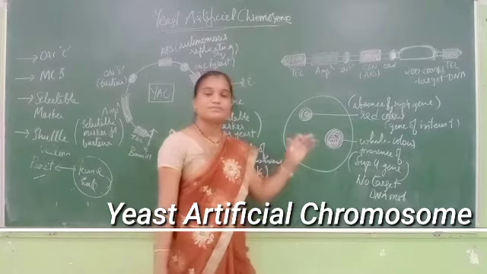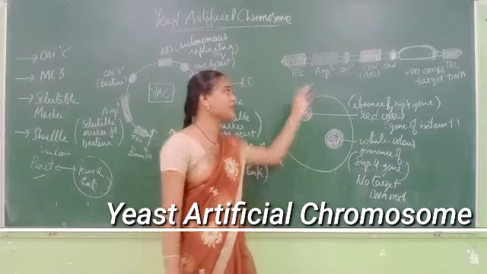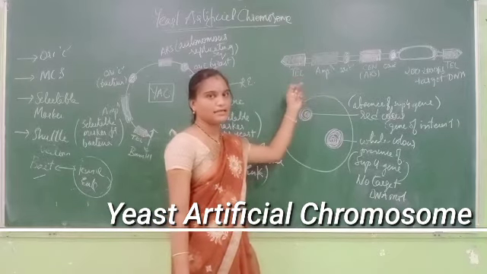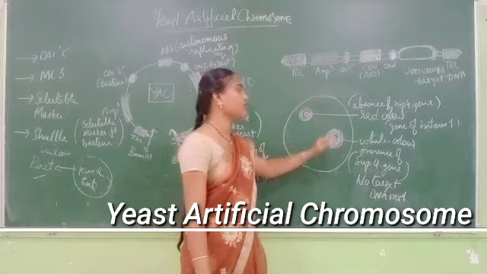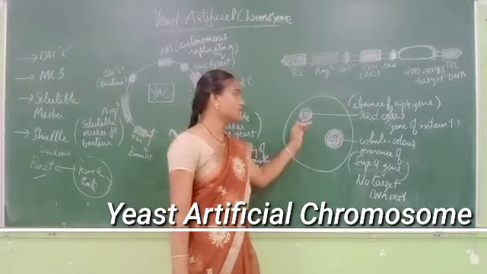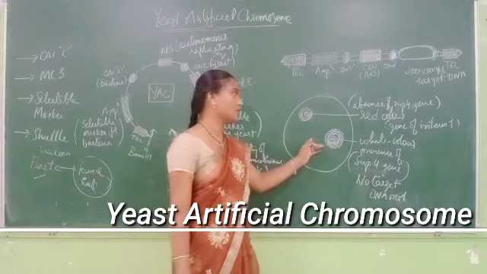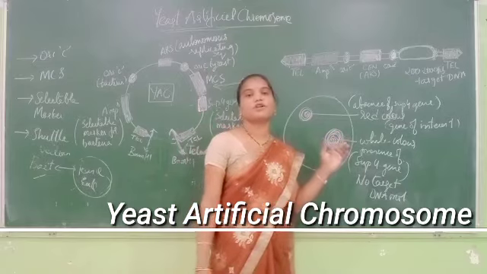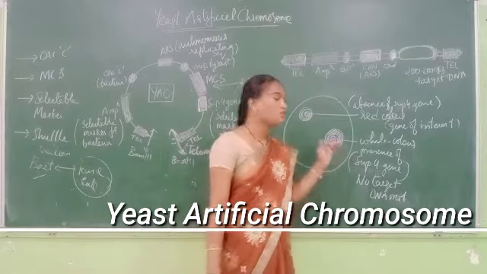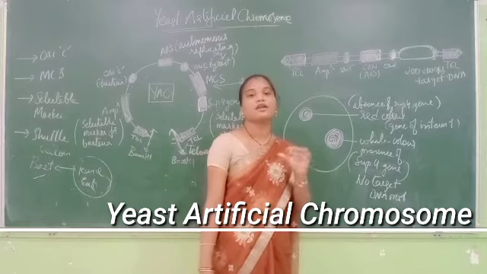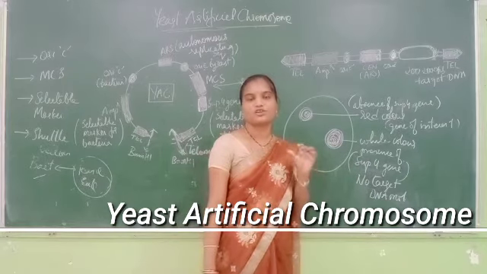So when this host organism is carrying your chimeric DNA molecule, that is vector DNA plus rDNA molecule, sorry, your target DNA, when it is left for several colonies, two colors are observed, that is red color colonies and white color colonies. Red color colonies indicates presence of target DNA molecule in your yeast. White color colonies indicates that particular yeast is not having your target DNA molecule, that is the gene of interest.